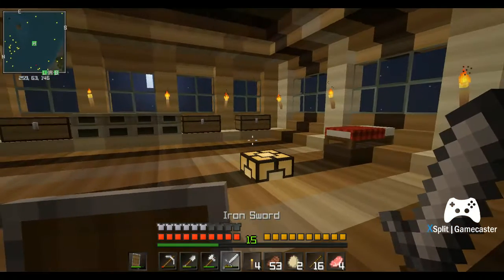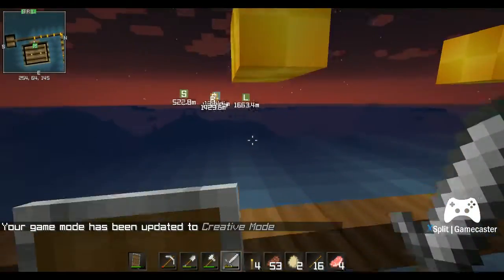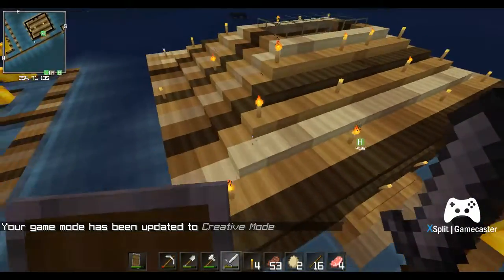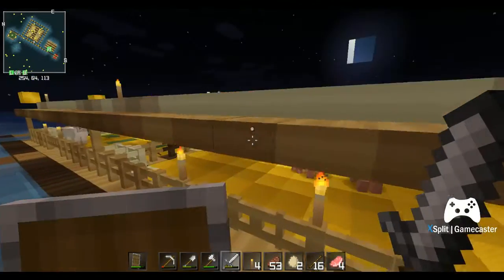Okay, so I'm going to go to, let's see, game mode, creative. This is just so that I can show you guys what I plan to do. Apart from the fact that I really like this color scheme, I decided to go ahead and put that on my whole base. I'm over here building this, right? And I had to put the roof for this